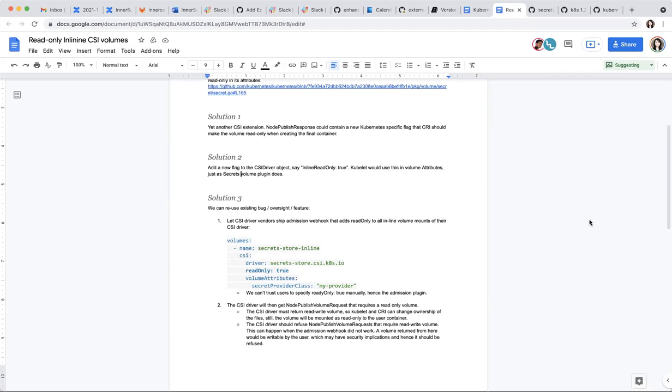Oh, yeah, if the CSI driver knows. These are special CSI drivers already. They provide persistent volumes, they provide secrets or config maps or whatever. They're already special. They implement a Kubernetes extension of the CSI protocol already.